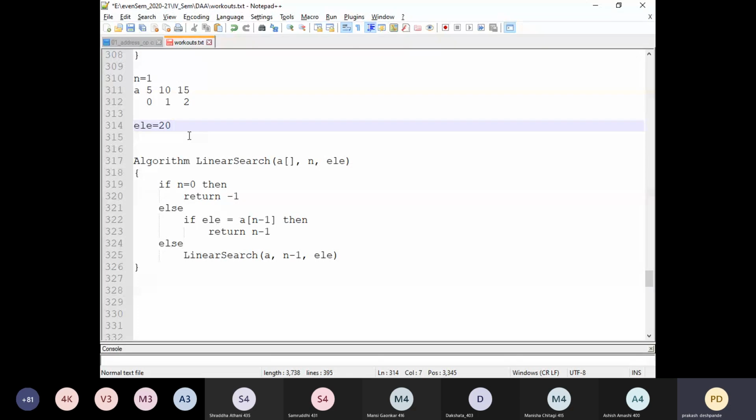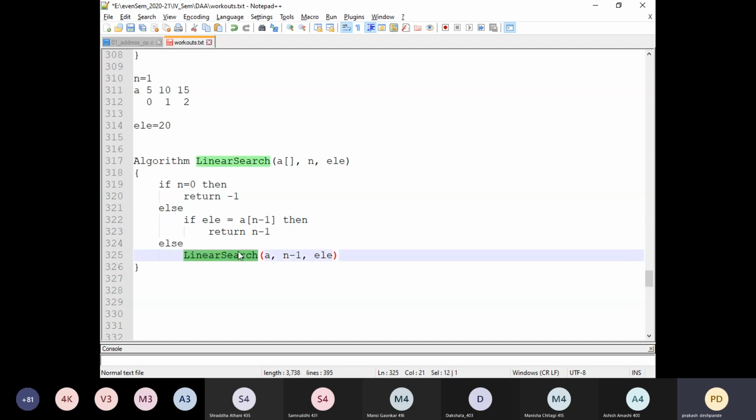Assume that the element which we are searching is 20. What would have happened here? It would have started with the 20, that is for the second index value, it would have caught it as false. Then it would have gone to the next element, again it is not the one. Then it would have gone to the next element, then again it is not the one. Means when n was 1, that time also this condition has become false. This particular condition has become false when n was 1. Then it will go into the else block.